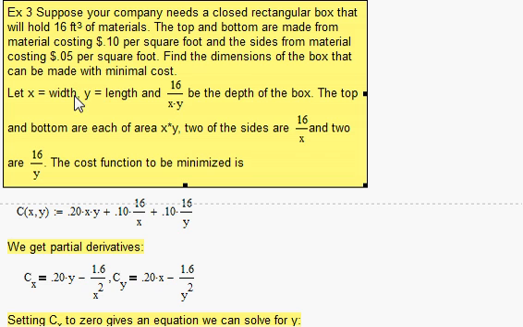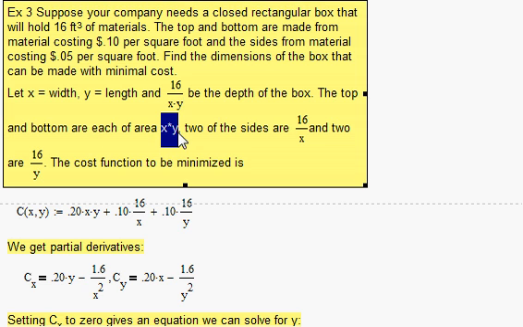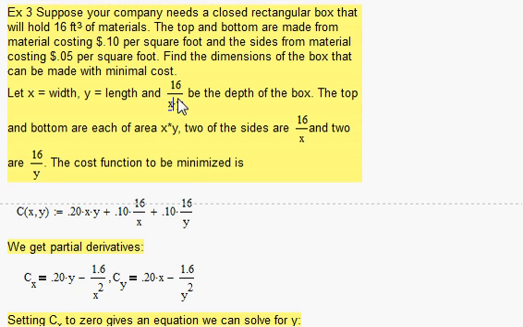All right, so if x is the width, y is the length, and z is the height, keep in mind, since x times y times z equals 16 cubic feet for our box, then z would be 16 divided by xy. So our top and bottom are each of area xy. The two sides are each of area y times 16 over xy, which is 16 over x,